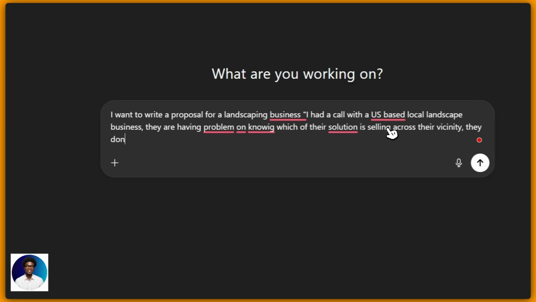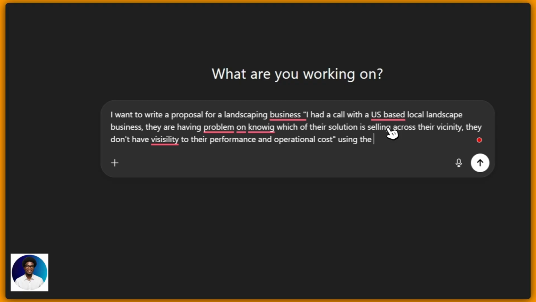They don't have visibility into their performance and operational costs.